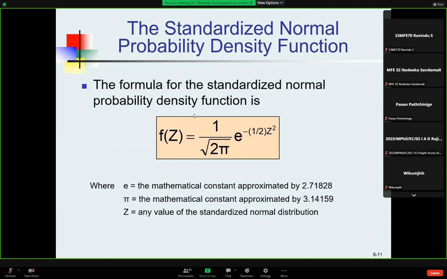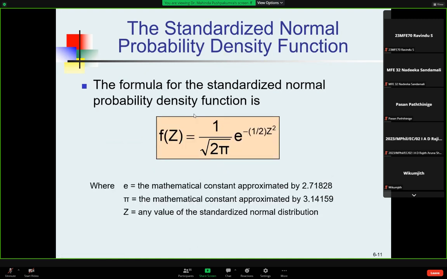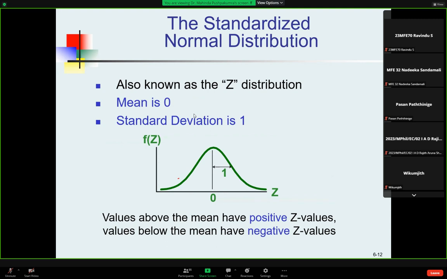Then for the Z distribution, the probability density function is this. Then in the Z distribution, we have Z value here, then the mean is 0. Now let's say as example,